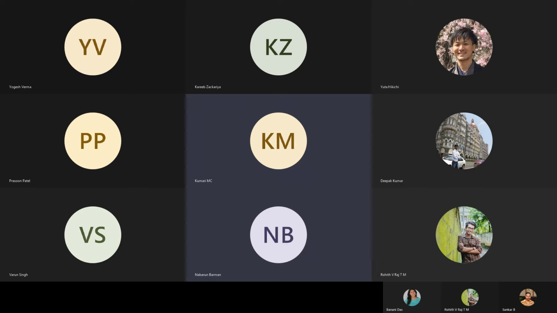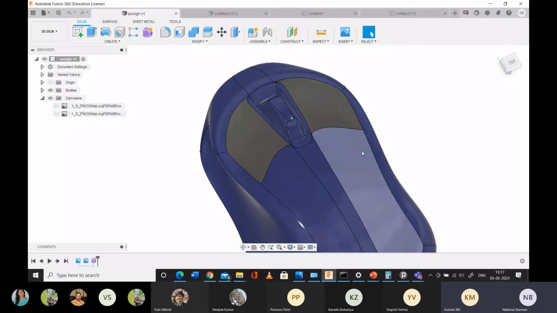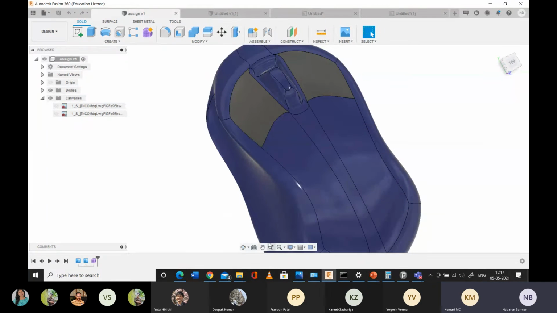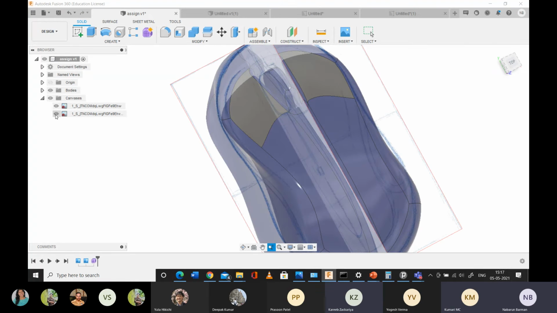So I also have done the mouse. Basically, I have used three major tools. First is the form, the cuboid, and adding points and adding edges. That's all, and the symmetry. I got only 2 images, so based on the 2 images, I did it.